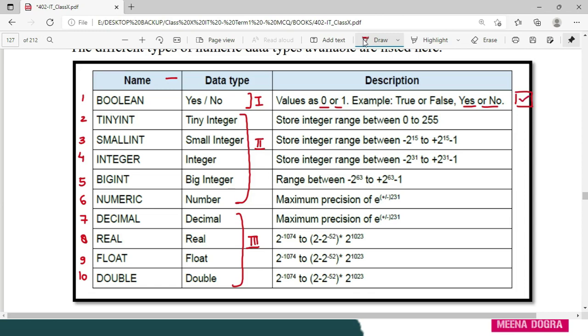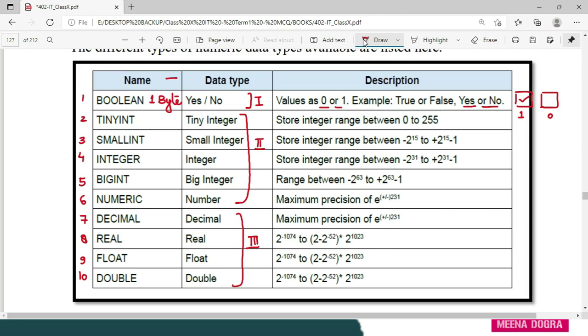If you put a tick inside this box, it denotes yes or 1, and if you do not mark a tick, then it denotes no or 0. So only two types of values can be stored in a Boolean type of field. Fine, and this occupies 1 byte in memory. So this is category 1.